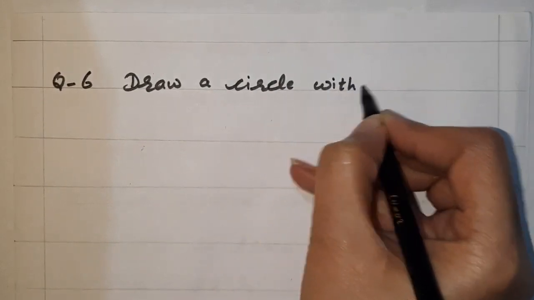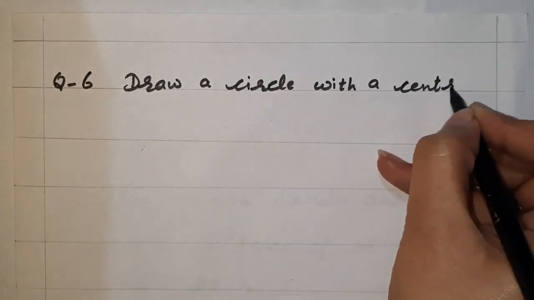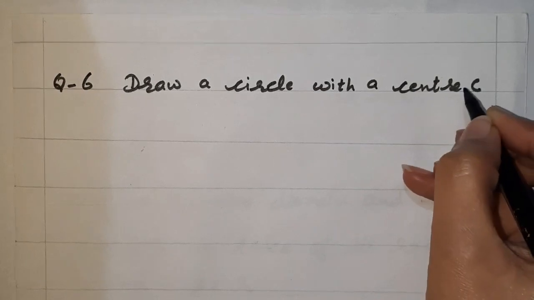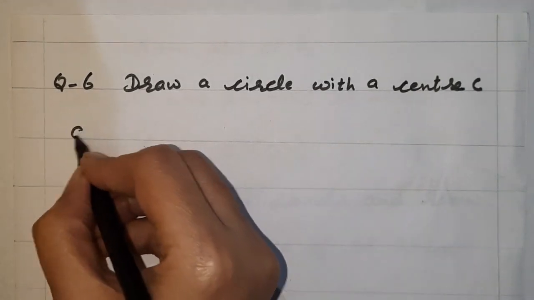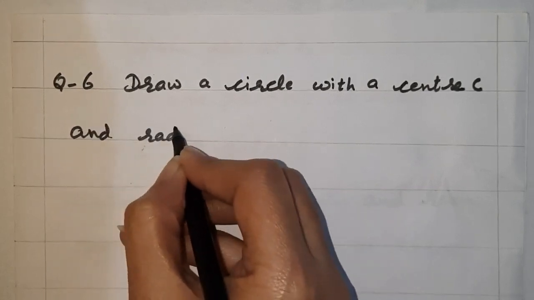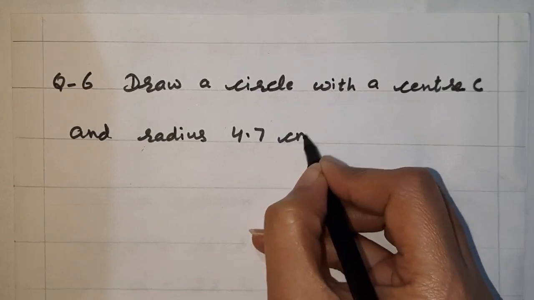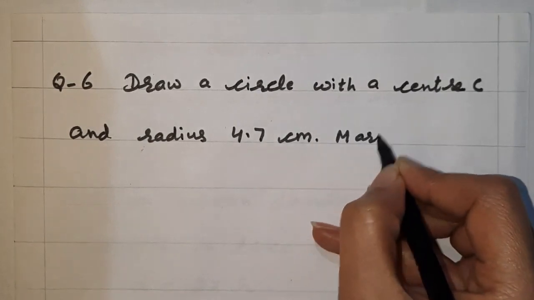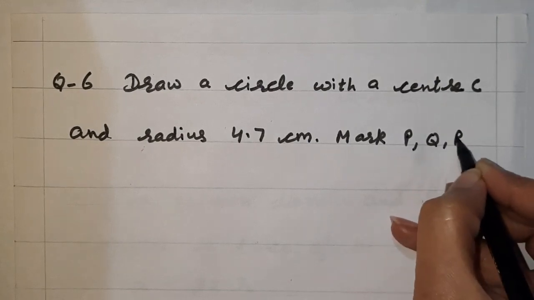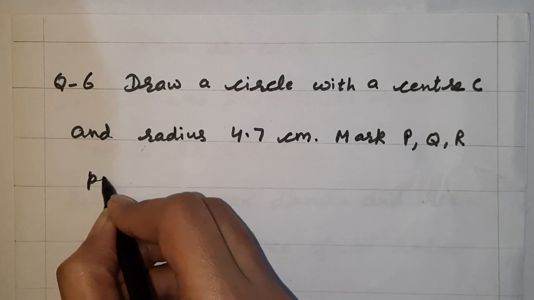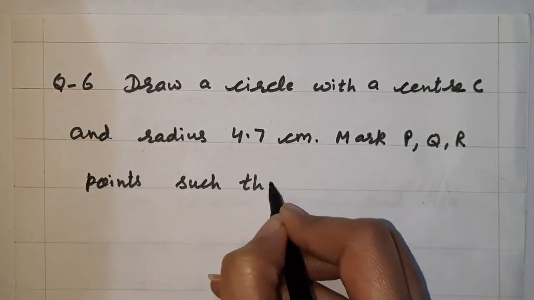With a center C. It is the name of the center. Name is given to us. And radius 4.7 centimeter. Mark P, Q, R points such that